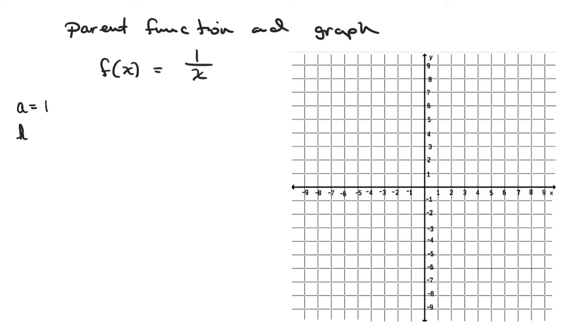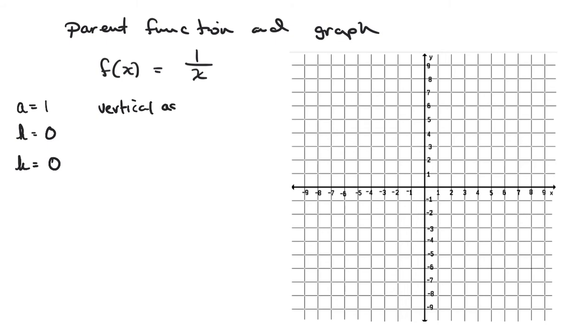All right, your h. The h is what value you are adding or subtracting from x in the denominator, and that's 0. And then you get the value of k, which is what value I am adding to the actual fraction, which in this case is 0. Now all those values are important because they tell me a couple of things. They tell me I have no shifts and no stretches or compressions, but they're also going to tell me that I have a vertical asymptote,